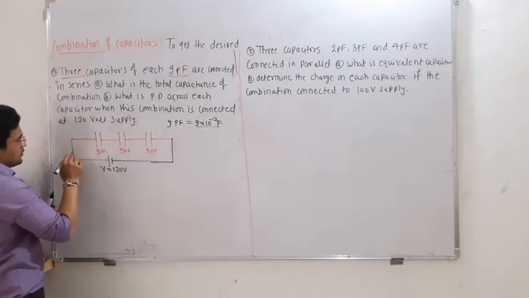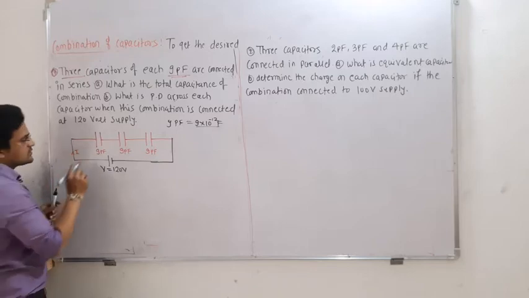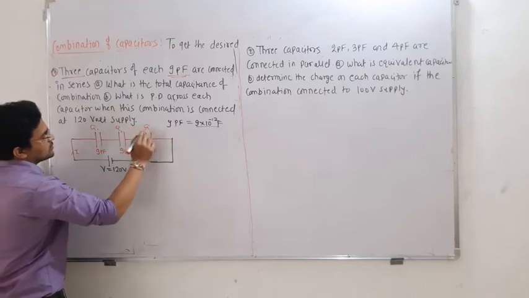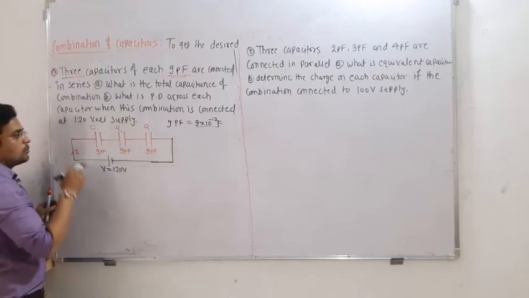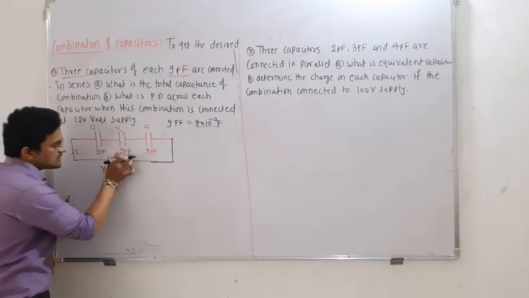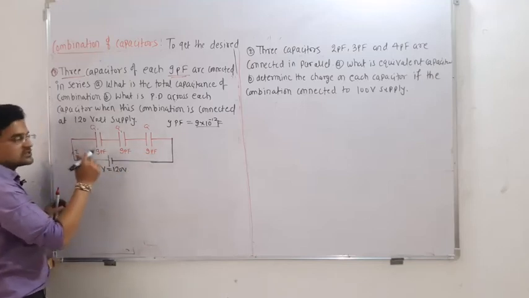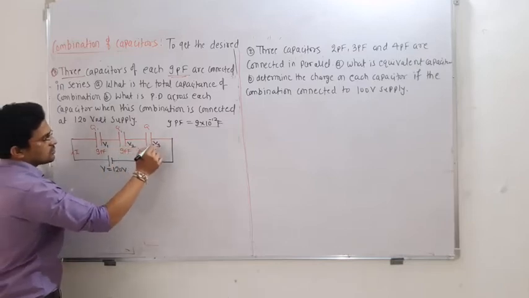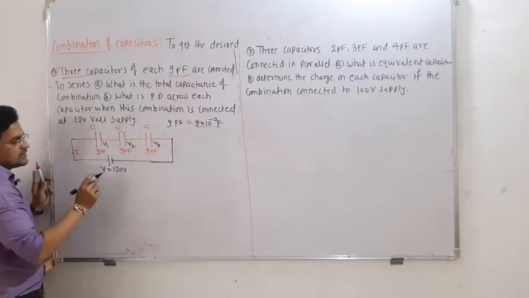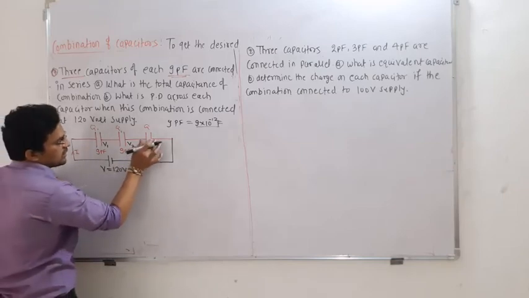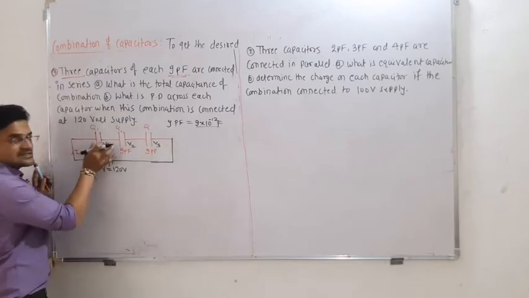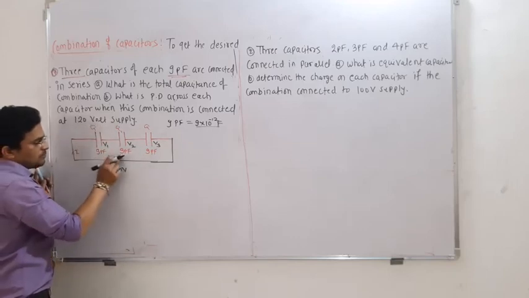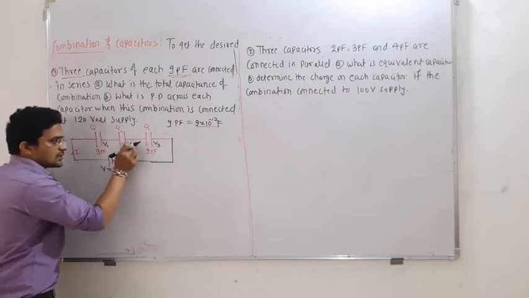Okay, now current is the same. So charge is also the same, Q here, and Q here, and here is also Q. What about the potential? The potential is also the same because each capacitor has the same value. Whatever potential is developed, I will mention this across V1, this across V2, and this across V3. So potential difference across this capacitor, across this capacitor, across this capacitor: current is the same, charge is the same, and the values of capacitance are the same, hence the potential is also the same.